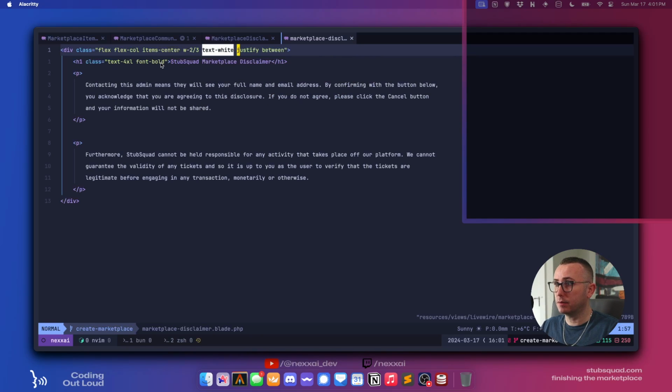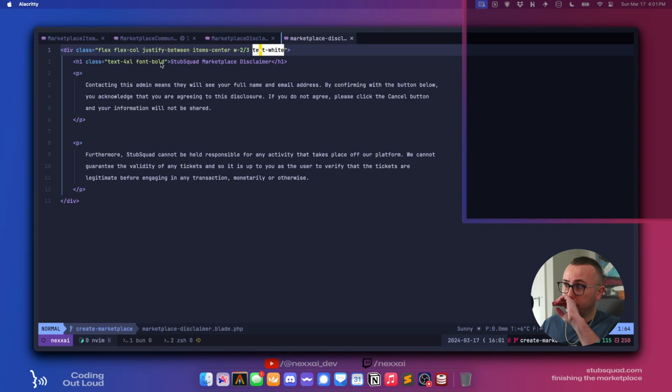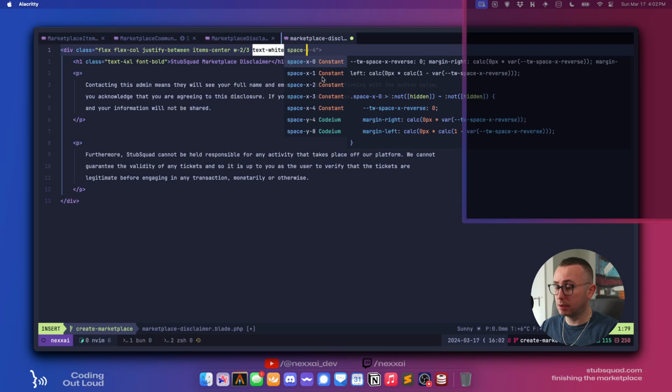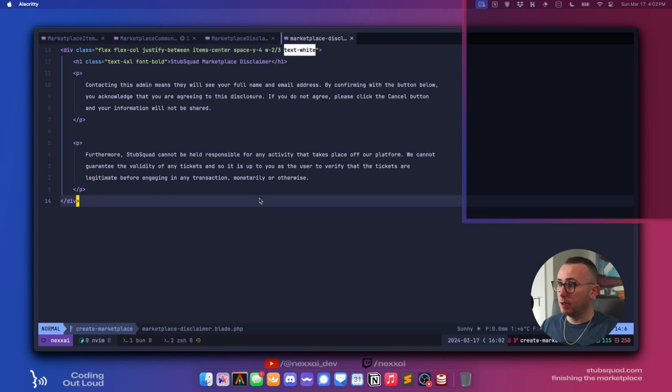That's not justify-between. Okay. And we also want to do space-y-4. And we need a couple of buttons.